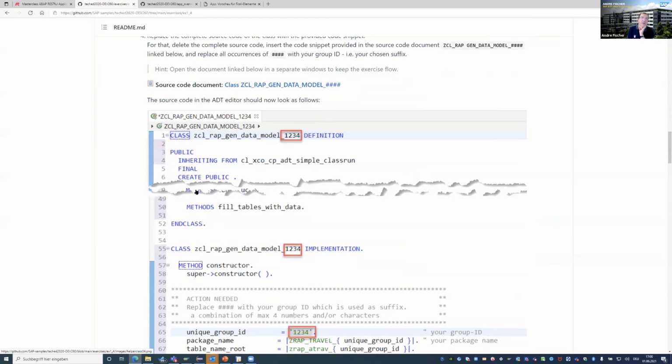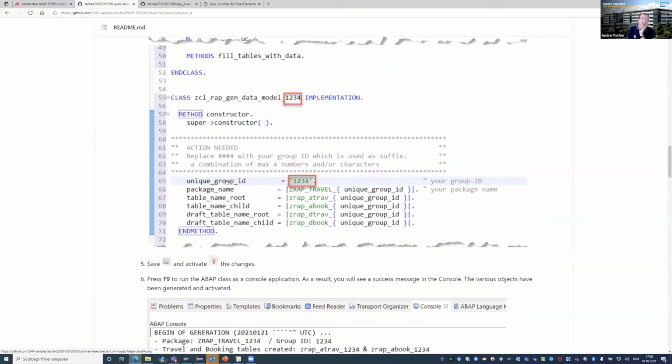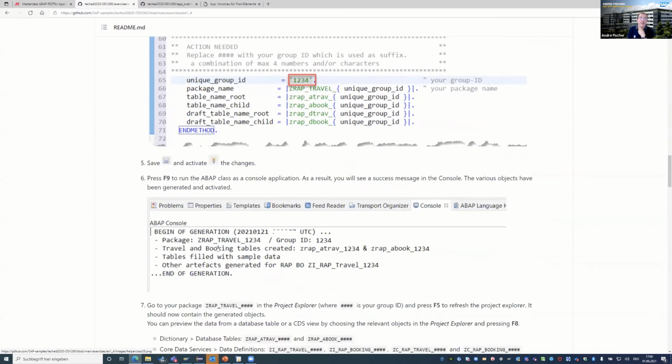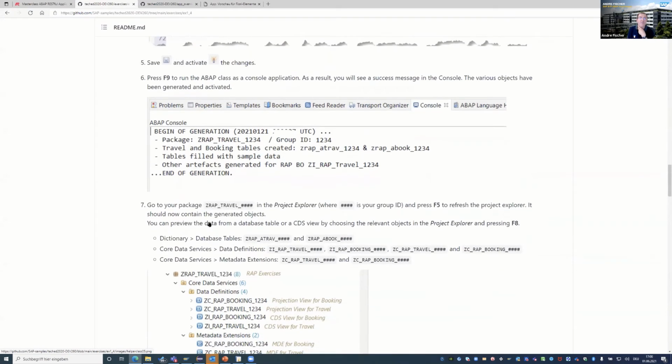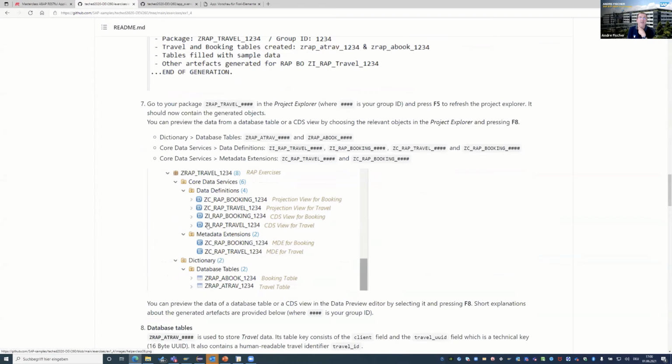This uses a tool that I published on GitHub, the RAP generator. It will generate for you, in an existing package, the tables and also certain artifacts so that you can start from there. So the data definitions are created, and you would then start by implementing the business logic in the behavior definition. That would allow you to finish this exercise faster.